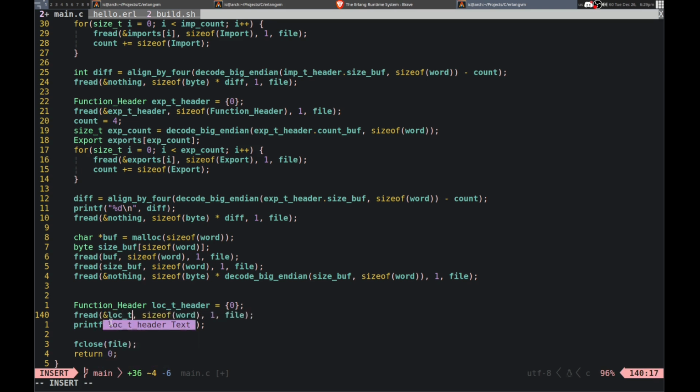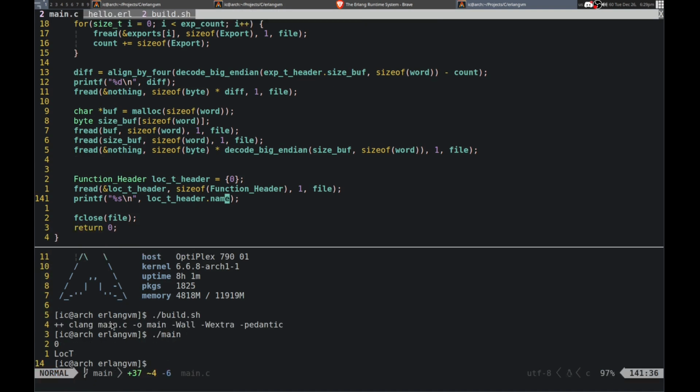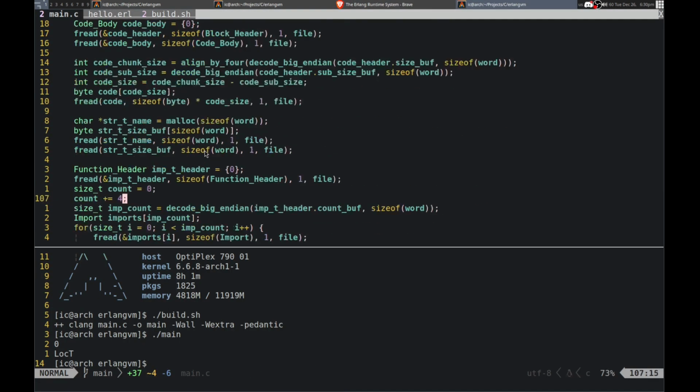Pointer to local table header, size of function header. And let me do header.name. Yeah. Okay, we get that. And then I have to decode the size, so I don't want to do that yet. But then, yeah, then we read through it the same way as this. Function name, arity, label. So that is the same as the export one. So I can do it the same way.